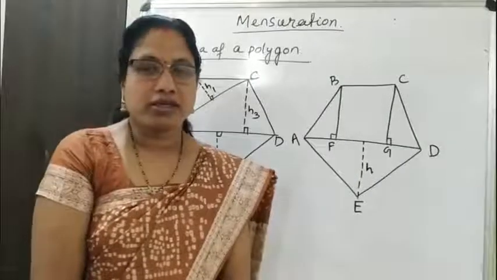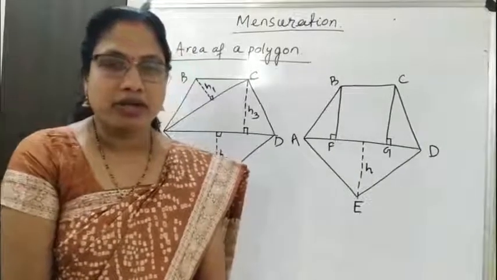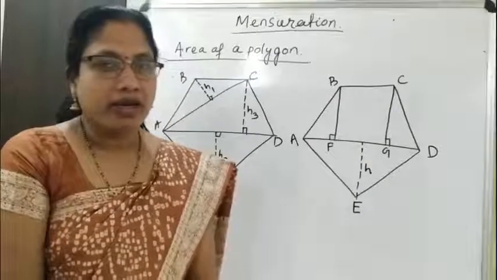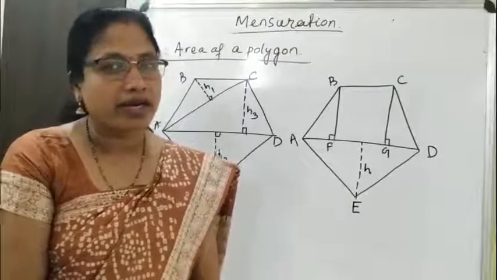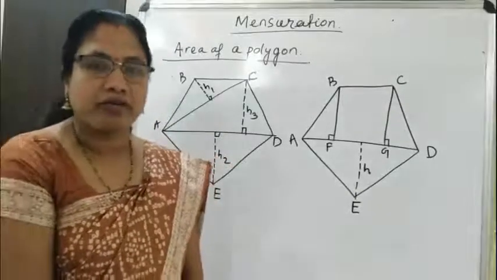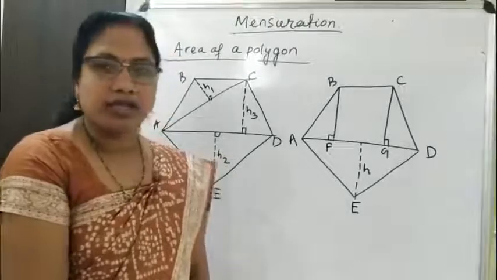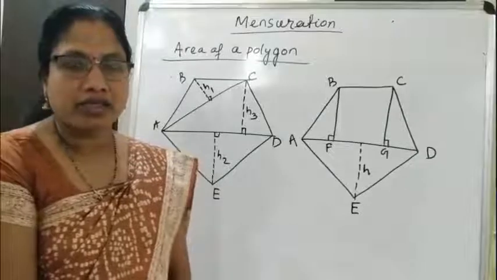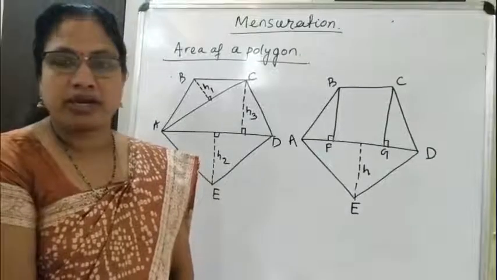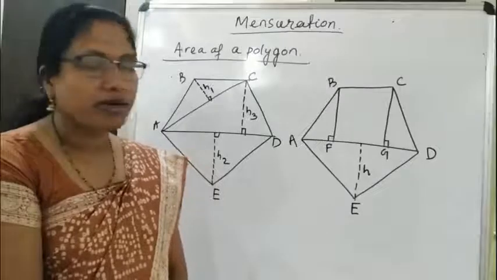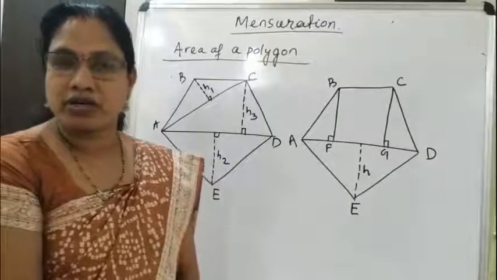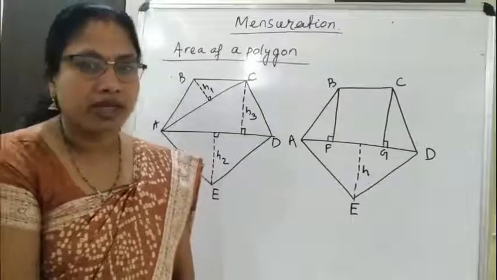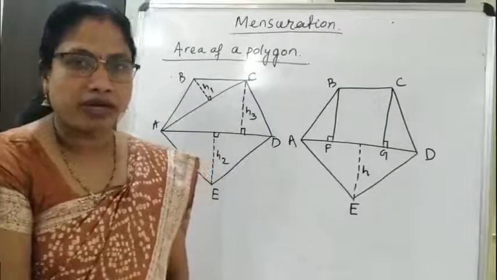Dear students, in this section let us find the area of a polygon. Like with a quadrilateral, where we divided the quadrilateral into triangles to find its area, in the case of a polygon also, we will divide the polygon into triangles or into triangles and trapeziums. After dividing, we will find the areas of the individual parts. Then we can sum them to find the area of that polygon.